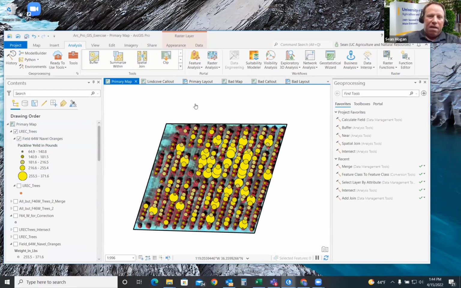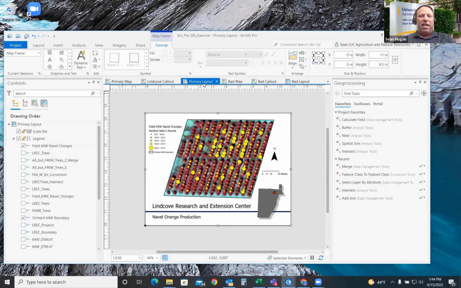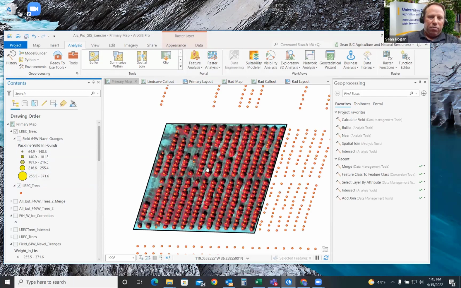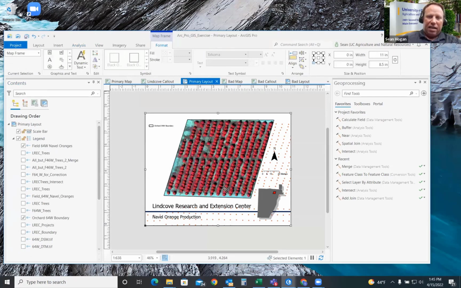And this map will automatically update in the layout. If I change something on the map here, for example, I decide to switch to just all the trees on the research center, and I go back to my layout, that same effect has occurred there.